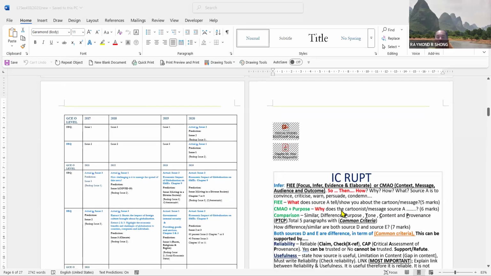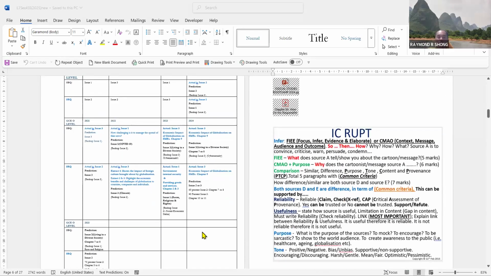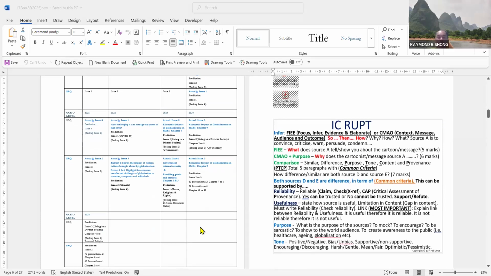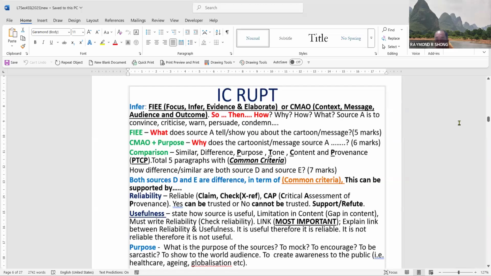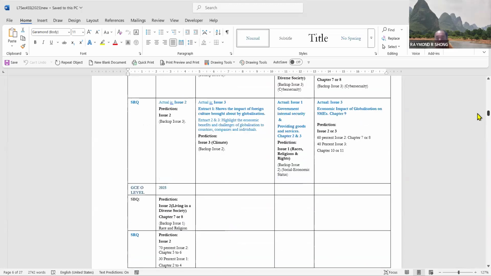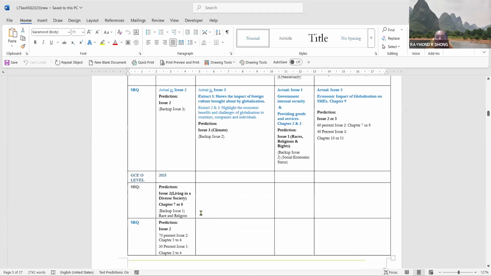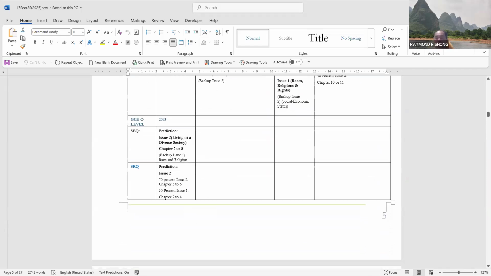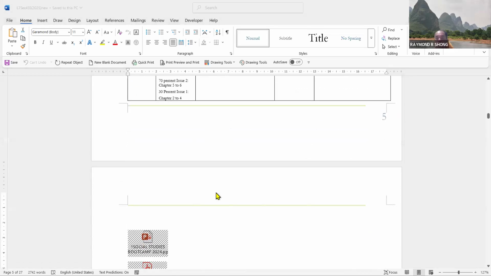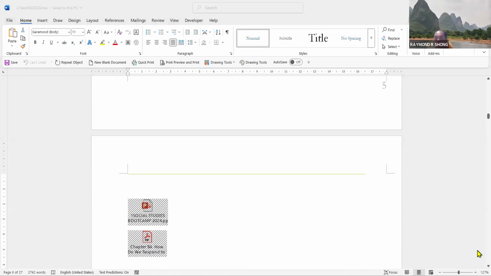Same thing, I need you guys to give me your O-level, seeing that if you have the O-level last year's SS paper, please take a picture for my SPQ and SRQ, okay? I just want to finalize again. As of now, I will still concentrate on these two issues, issue 1 and 2. In fact, I predict issue 2 for both SPQ and SRQ. I'm not sure whether my prediction will be correct or not, so don't take my words. Of course you have to study all issues 1, 2, and 3. Okay, let's move on. Do not want to wait.